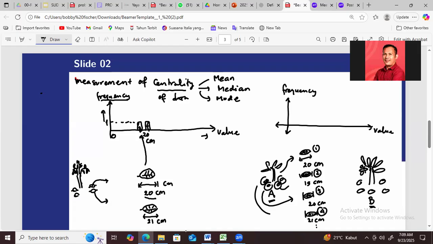okay. So you take the first leaf, this one here, and then you plot it at 20 centimeter, okay, so that this is 19, this is 20, this is 21, this is 22, this is 23, this is 24, this is 25, okay? And then you plot the first leaf here, okay? And then you say that this is 20 centimeter, and it's the first one, so this one here, 20 centimeter, okay? This is one.